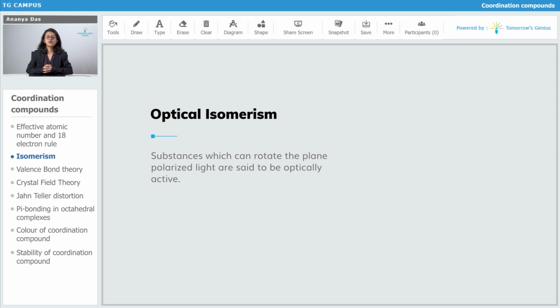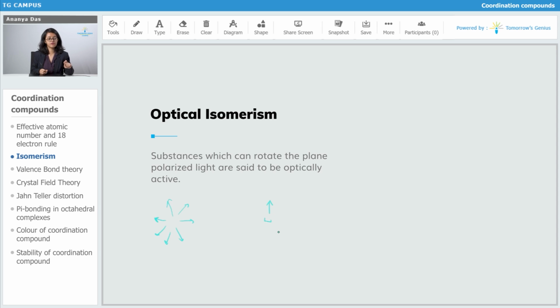Now we come to optical isomerism. First of all, substances which rotate the plane polarized light are said to be optically active. Now, what is plane polarized light? Normal light has waves in all the directions, right? And plane polarized light is the light which has all the waves moving parallelly only in one direction. So all those complexes which rotate the direction of this plane polarized light are said to